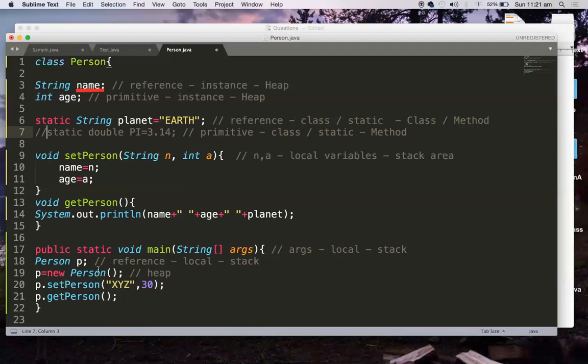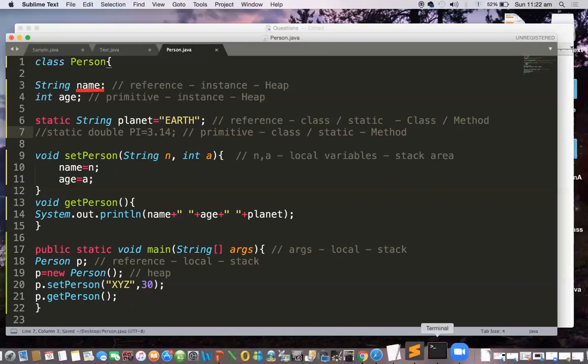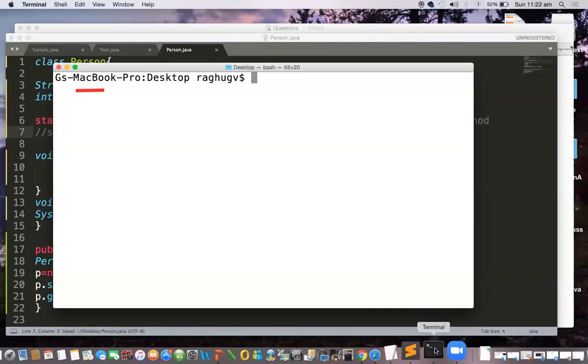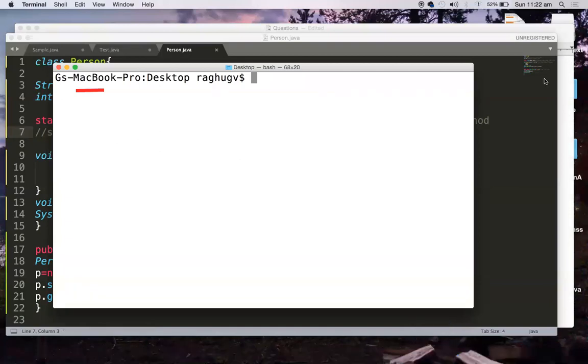In my main method I am creating a person object which is referred by p. I'm calling set person, and xyz and 30 will be set to name and age. When I ask get person, xyz will get printed as name, 30 as age, and planet earth. Let me save this and go to my terminal. Let me clear all my drawings.